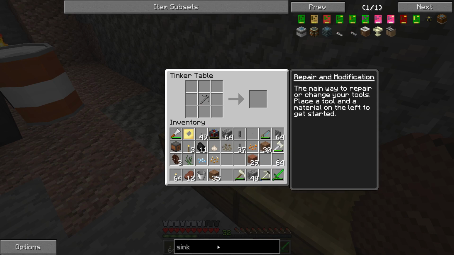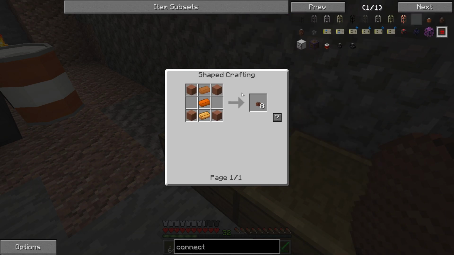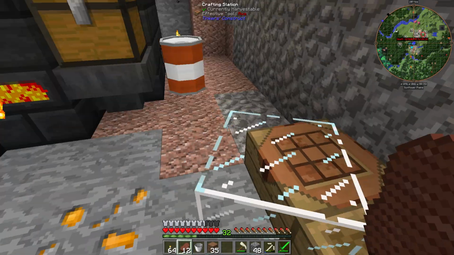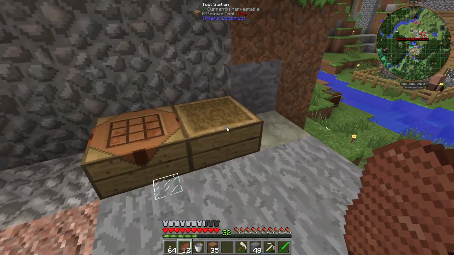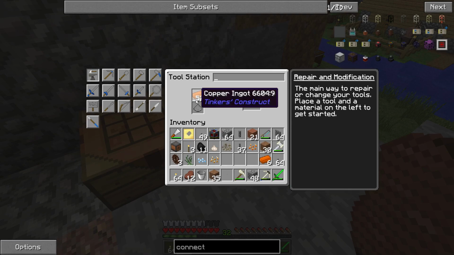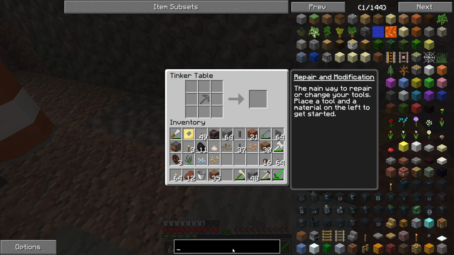So connectors. Let's see. We need 3 copper and 4 of these guys. So 1, 2, 3, 4, like so. And then we need some copper, which is in this guy. Hey, there's some glass. Let's do 6 copper, like so. Boom, there's some LV. Oh, I forgot that gives you more. That's okay, we're gonna need them. And then we need some LV